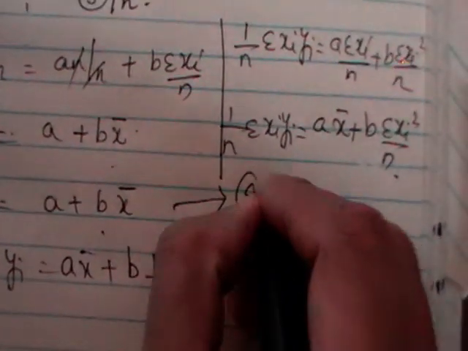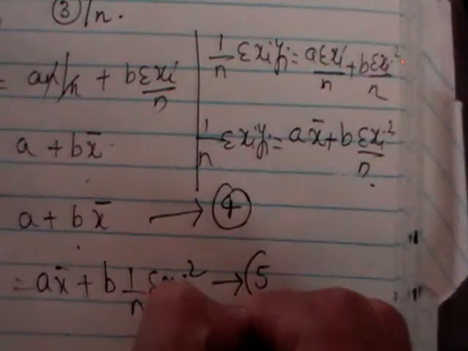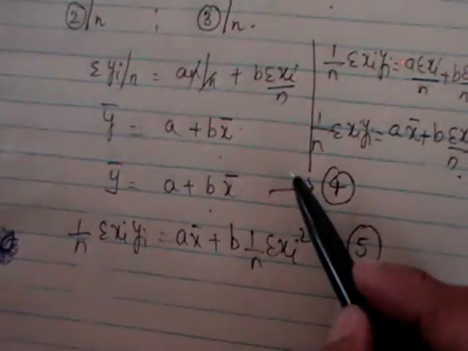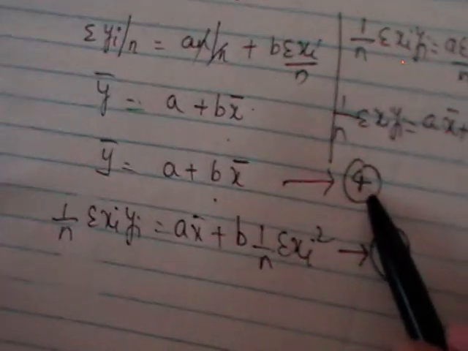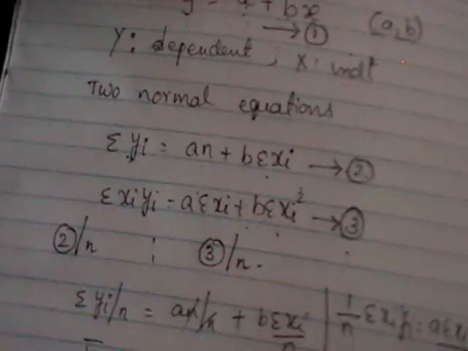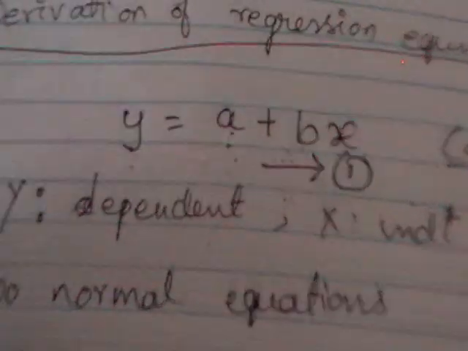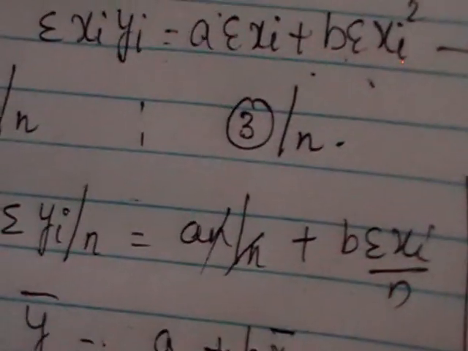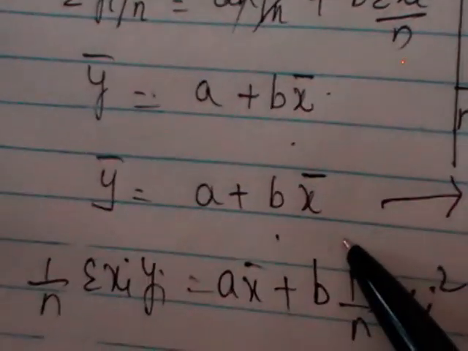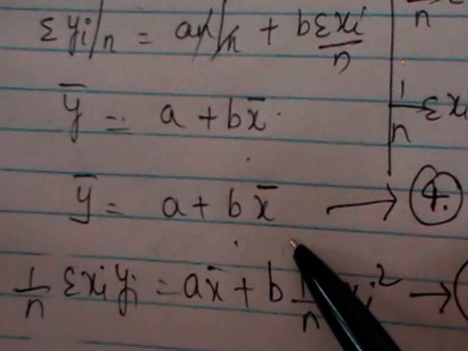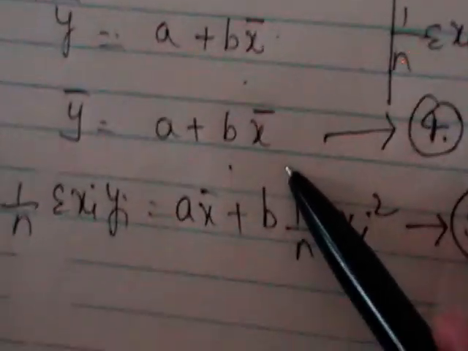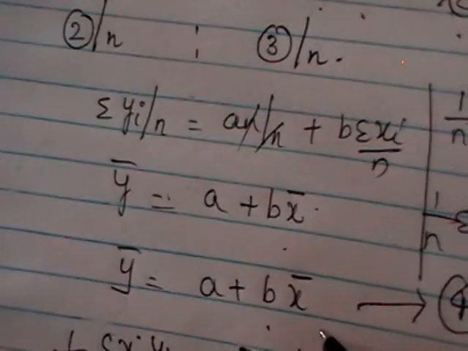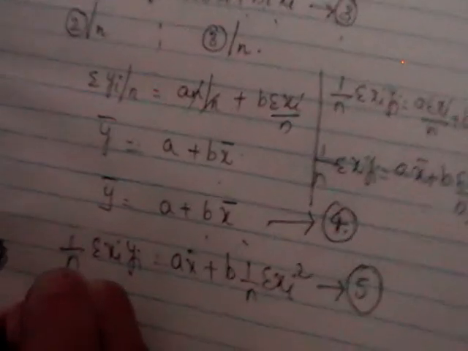Equations 1, 2, 3 we have already numbered. Let us write this as equation number 4 and equation number 5. If you observe equation 1 and 4, what is equation number 1? You have y is equal to a plus bx. In the fourth equation you have y bar is equal to a plus b x bar. So if you observe here, in place of y you have y bar, in place of x you have x bar. So using these two, we can write that equation 1